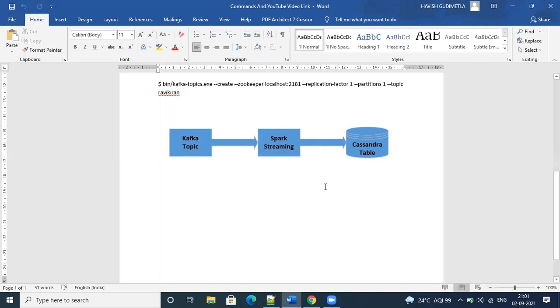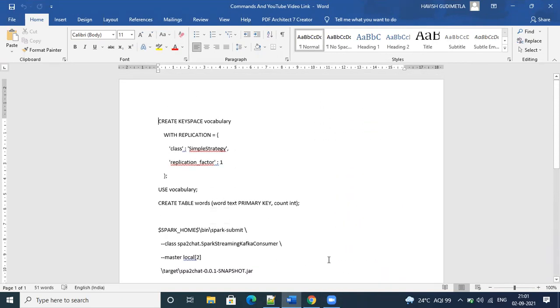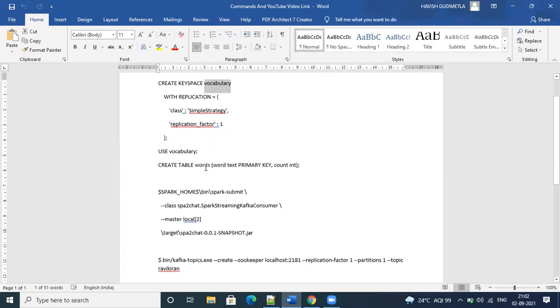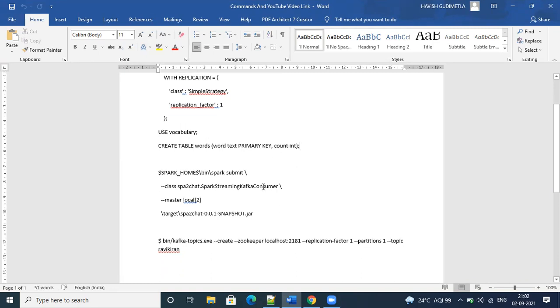From the CSV file, as the second part of the assignment, we'll read that CSV and do the analytics part. These are the basic commands wherein we are creating a vocabulary keyspace. With the vocabulary keyspace, we are creating a word table with the primary key as a word and count as a number. So this is the command for executing that particular